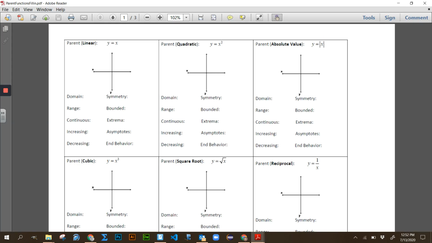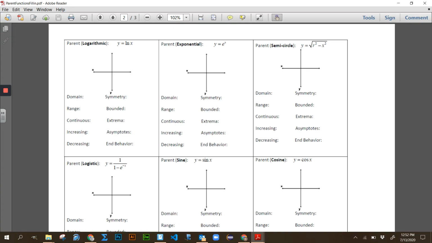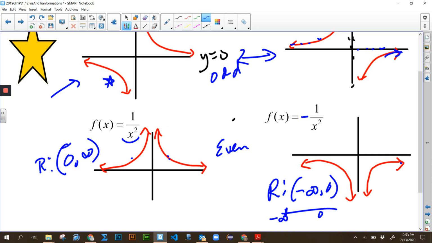All right, next thing on here, next page, the natural log function. I put that right next to the exponential function because those are also inverses of each other. We deal with these two in chapter 3, I think it is. We look at those a little bit more thoroughly. And this one down here, the logistic, that's going to be a chapter 3 one as well. And then the sine and cosine we'll look at in chapter 6, I think. And semicircle we just threw in there because it's something that the calc teachers have asked us to kind of cover briefly. So they've actually seen it before. So we'll talk about that in a minute. But for now, let's go to